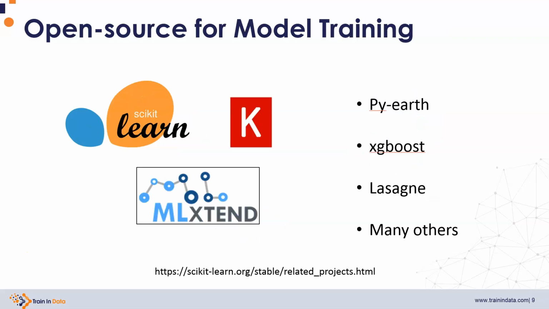And finally, there are of course multiple libraries to train machine learning models. Scikit-Learn is one of them. MLxtend has also algorithms like, for example, recommender systems. Keras is a wrapper around Theano or TensorFlow to implement neural networks with Scikit-Learn functionality, that is, with the fit transform. And we also have other libraries like PyEarth to implement multivariate adaptive regression splines, XGBoost, Lasagne, also for neural networks,